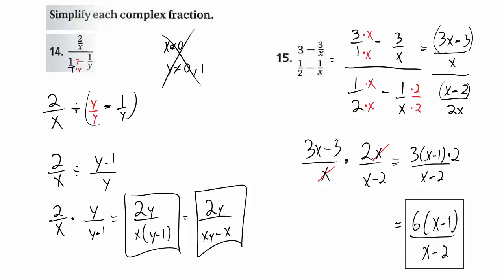If you want, this is acceptable. You could redistribute that 6. I don't recommend doing it. I'm not going to penalize you for it. But you could write your final answer this way. But again, even though it's okay, if you leave it in factored form, it allows the reader to see that everything's reduced. That's the reason why we prefer it that way. So I encourage you to just leave it in factored form, which involves factoring something out when you can. That's it for part one of